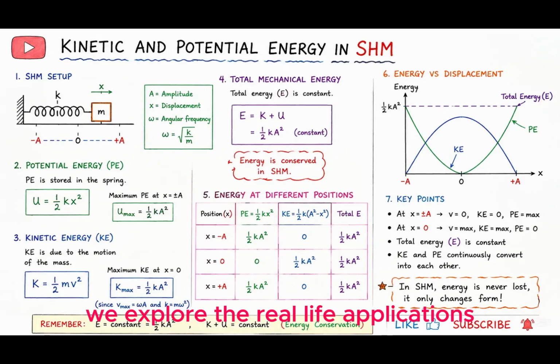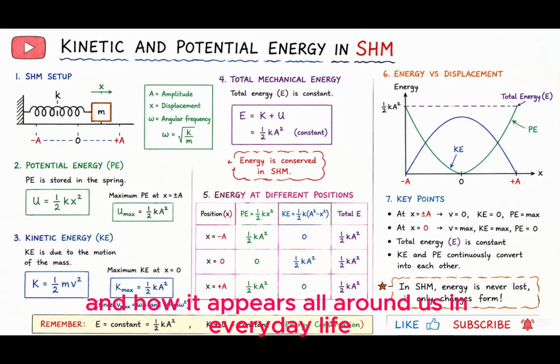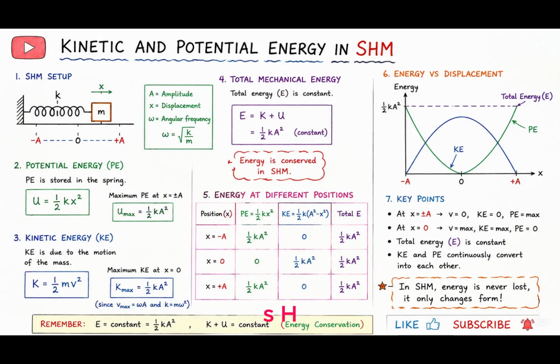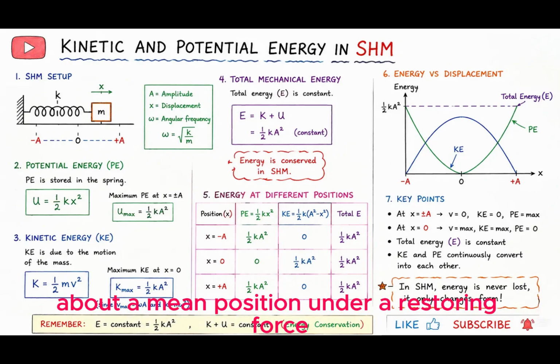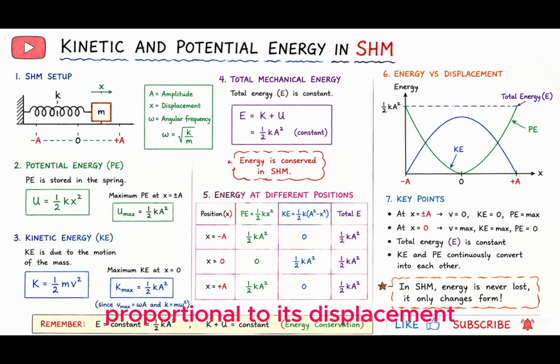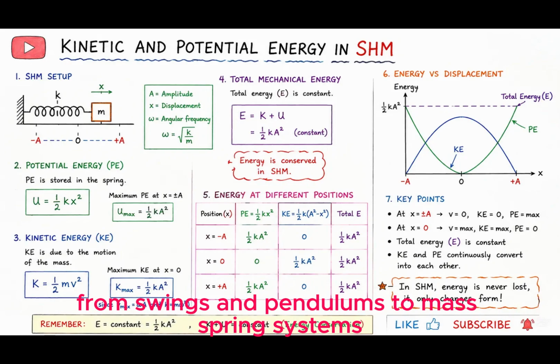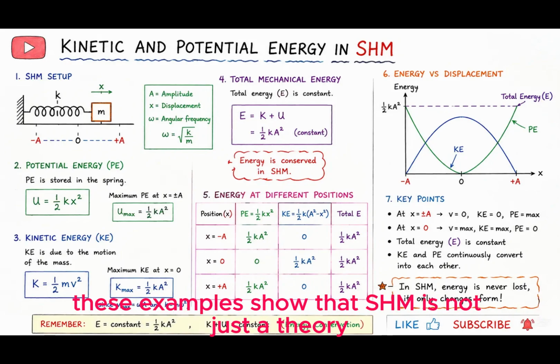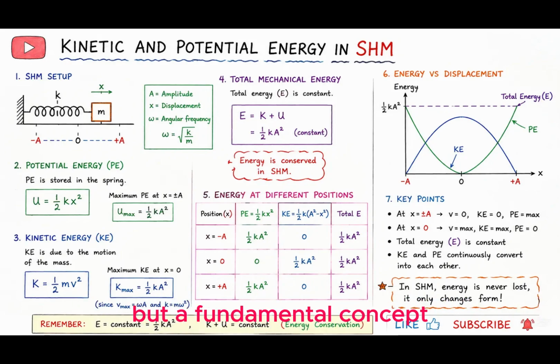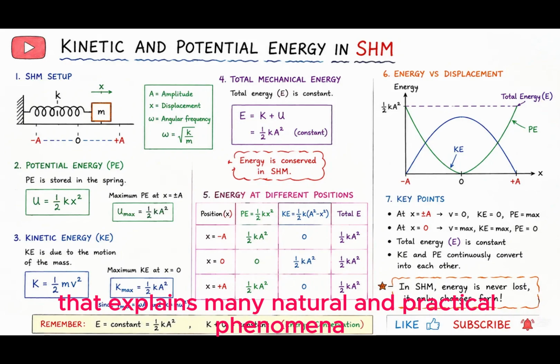We explore the real-life applications of simple harmonic motion, SHM, and how it appears all around us in everyday life. SHM is a type of motion where an object moves back and forth about a mean position under a restoring force proportional to its displacement. From swings and pendulums to mass spring systems, tuning forks, and clock pendulums, all follow this motion. These examples show that SHM is not just a theory but a fundamental concept that explains many natural and practical